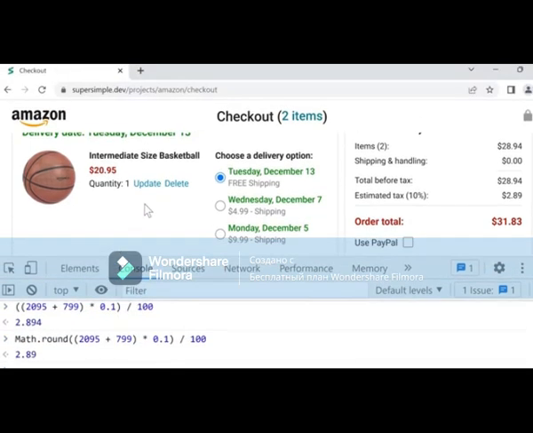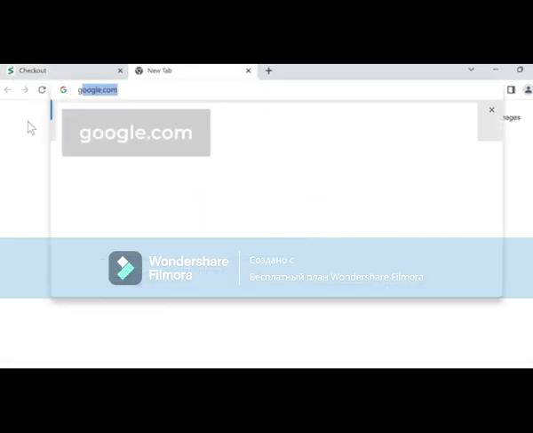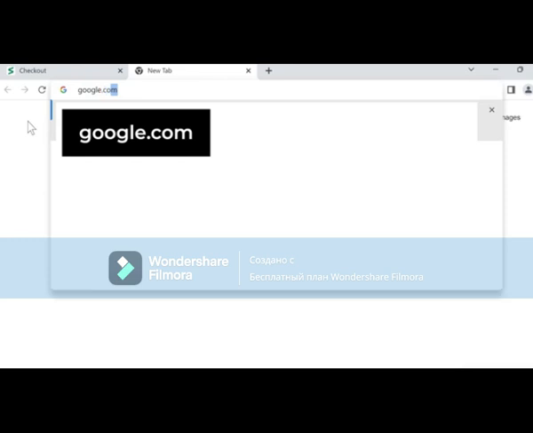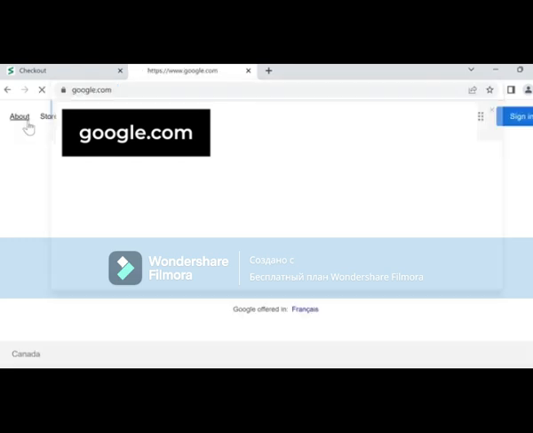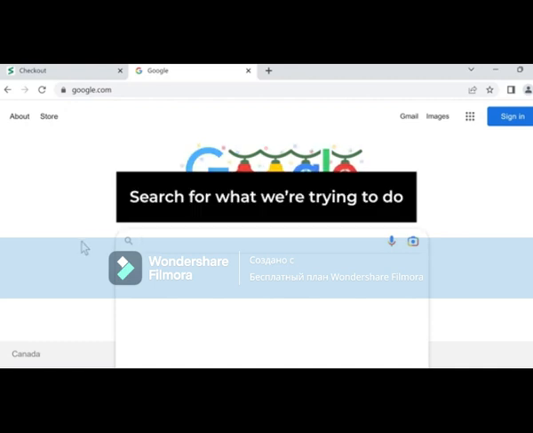Let's go to our browser and create a new tab at the top. And we'll click here and type google.com and press enter. And we'll search in Google. So the trick to searching in Google is to search for what we are trying to do. For example, if we want to round a number, we would search for JavaScript how to round a number. If we press enter,